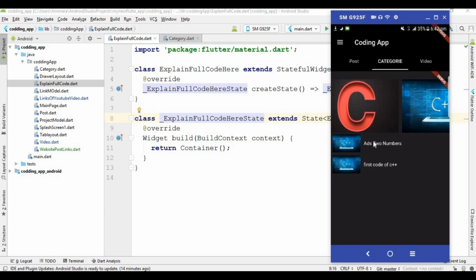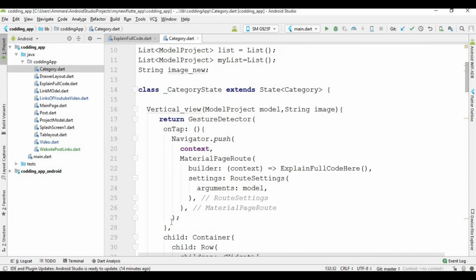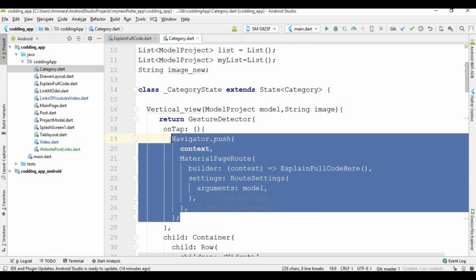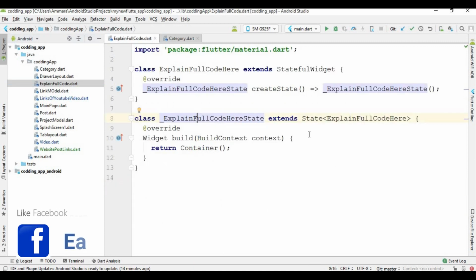So when I click on this title, the next page opens, and I pass the model from this class. So I am going to open this class, the category class. In the category class you will see that I coded for the next page. This is the code which opens the next page, and in this code I pass this model, and you know that all the data is stored in this model. Okay, in this model. So now I open this class, and after that